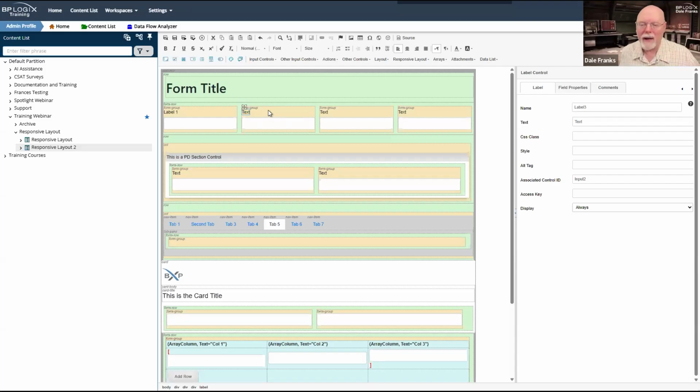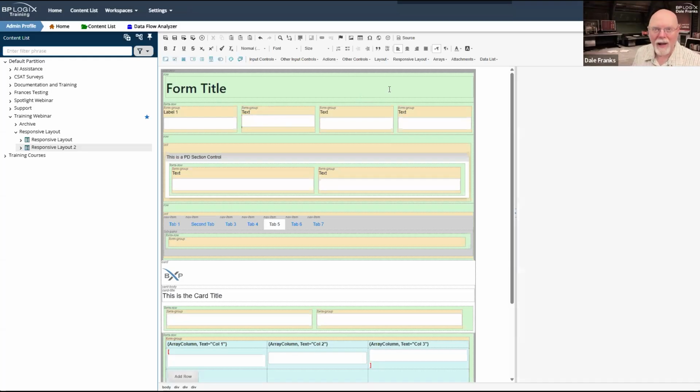You don't have to worry about any of that whenever you're using Bootstrap. You simply drop in your label, you hit your left arrow key, and then you drop in your control. Bootstrap is going to control the positioning of both your label and your control inside the form group. That's what its whole purpose is.